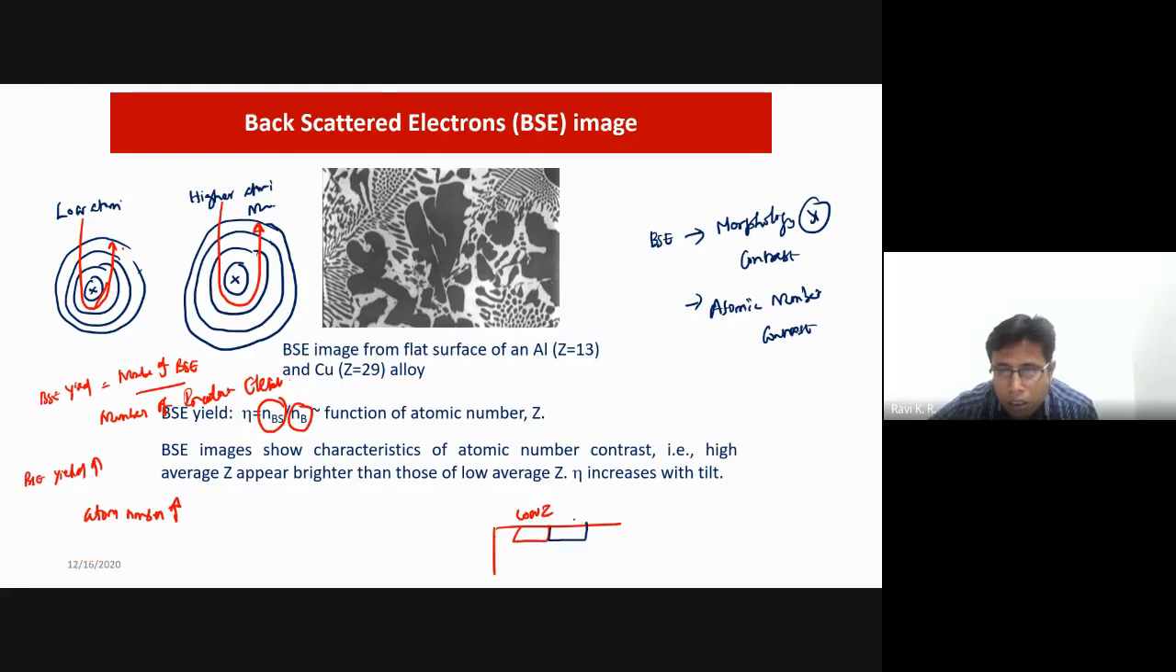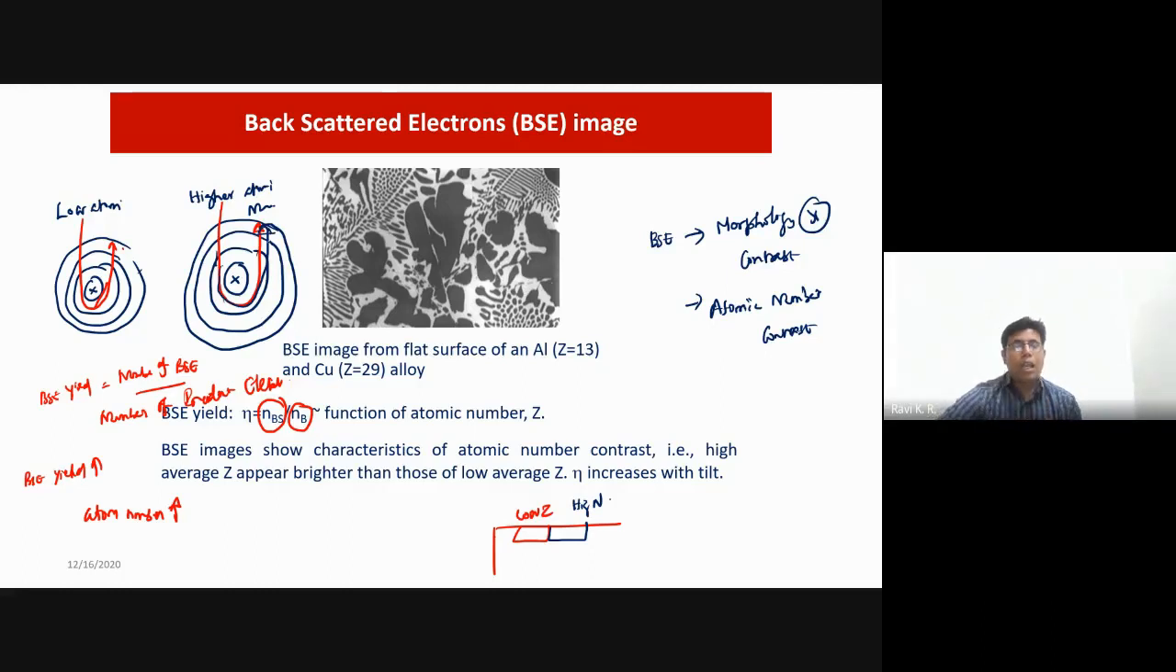This region is high atomic number. So what is the basic difference? When you have a high atomic number, it has a larger electromagnetic field because the nucleus is bigger and it has a larger magnetic field. So the backscatter electrons can be attracted and deflected. The electromagnetic field of this nucleus can be much larger, so that probabilistically you are going to increase the